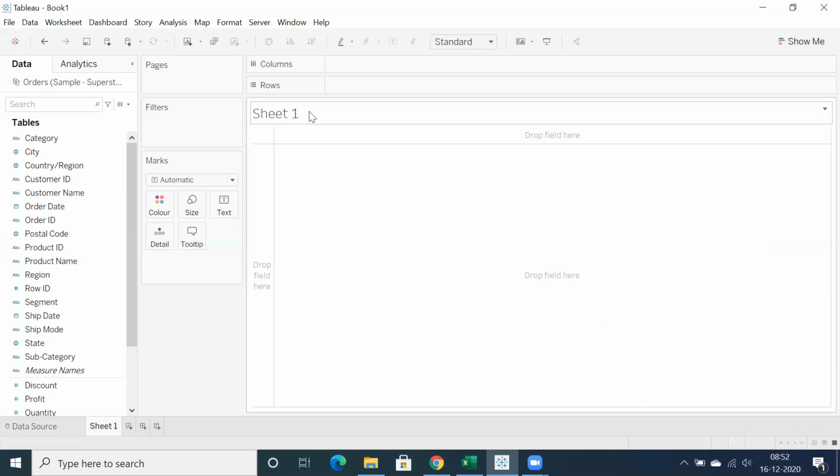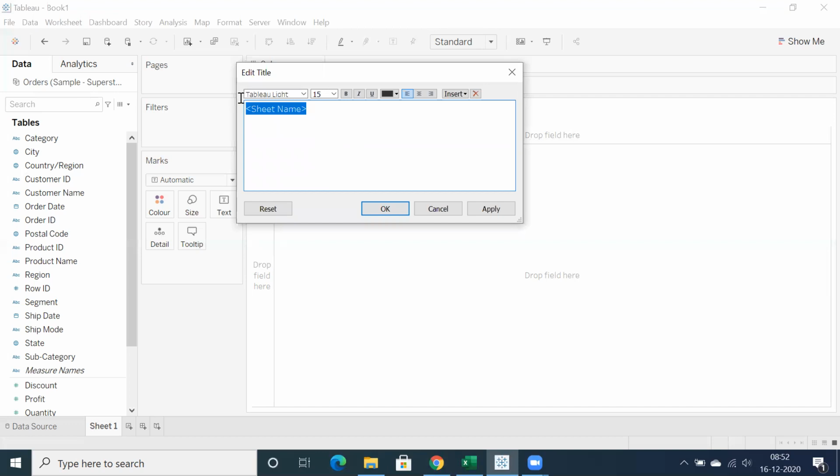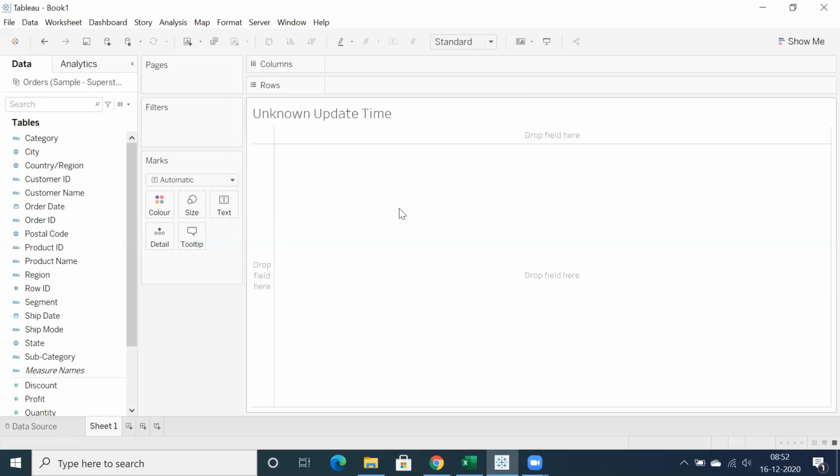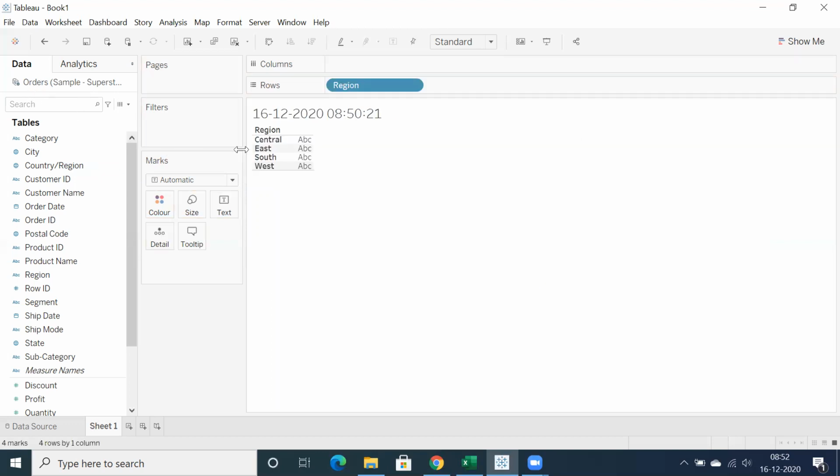But what is the last refresh date and time? By making use of the title, click on this drop down, data update time, click OK. And whenever you use any of the columns from that data source, irrespective of this, let's not concentrate on this. But this is the last updated date and time that you can capture in the title.